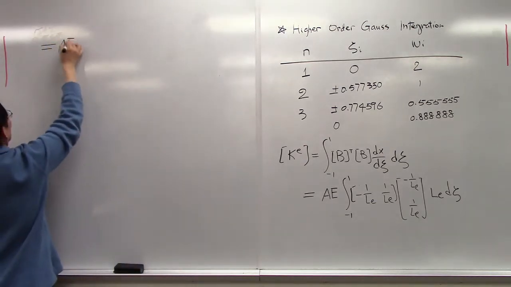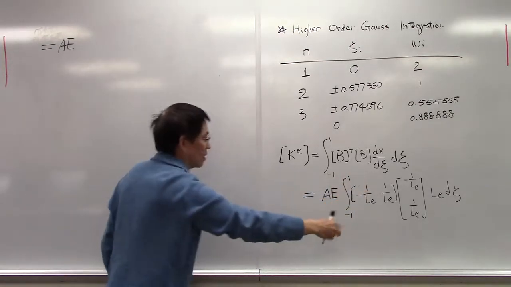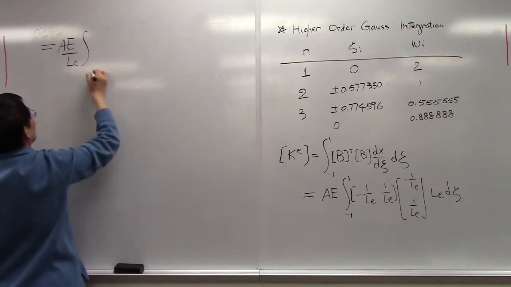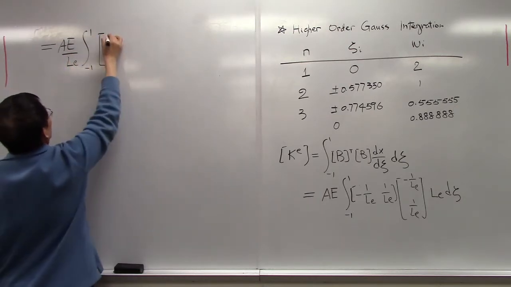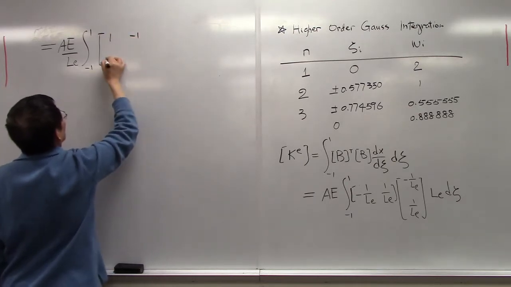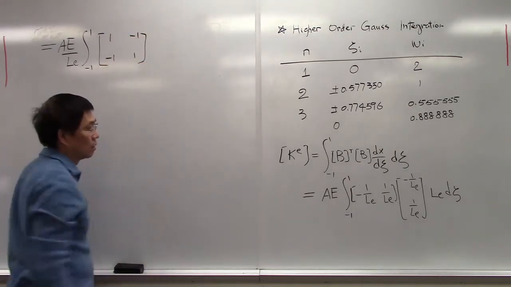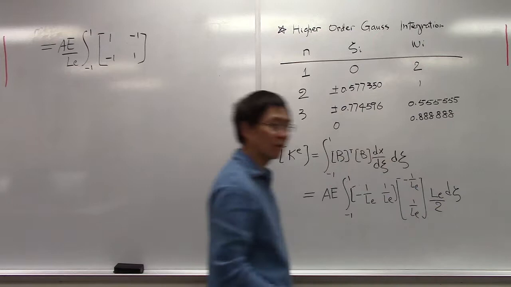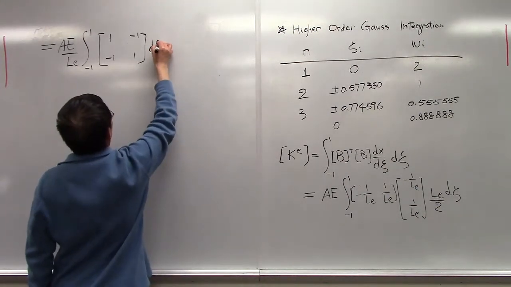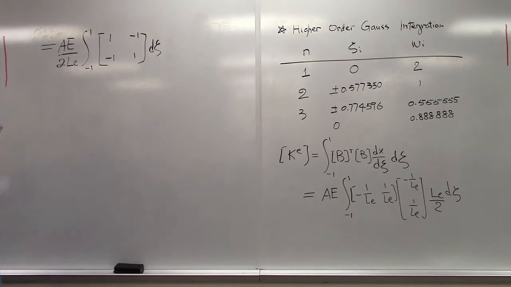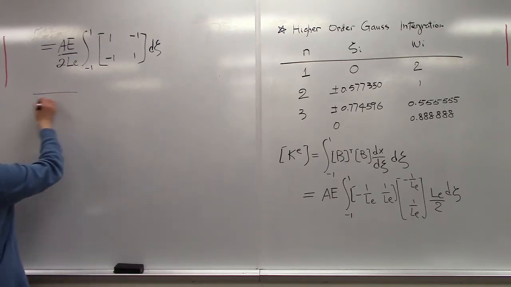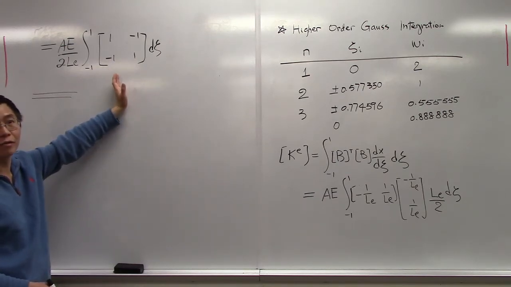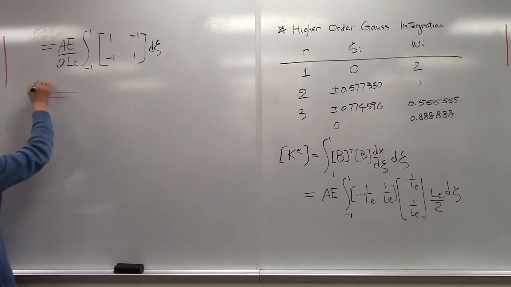Let me first rearrange things a little bit, and take all the constants out. Now we have an LE outside, and this is -1 and 1, and this becomes 1, -1, -1, and then 1. Oh, there's I think a factor of 2 here. This is d theta, so there's 2 here. Okay? Now this time, even though it's so easy to integrate in closed form, I'm not going to do it in closed form. I'm just going to do it numerically. So now I use numerical